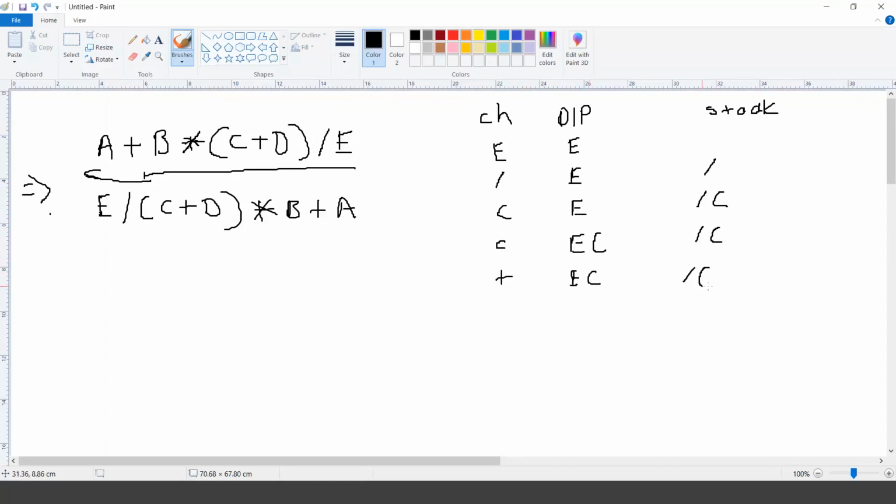And there is a bracket, and in the bracket we are going to compare the precedence. So this division and the plus we are not supposed to compare, because the division is before the bracket and the plus is coming inside a bracket. So what we have to do is directly push the operator on the stack, because there is an opening bracket. So we will not compare it with anything.